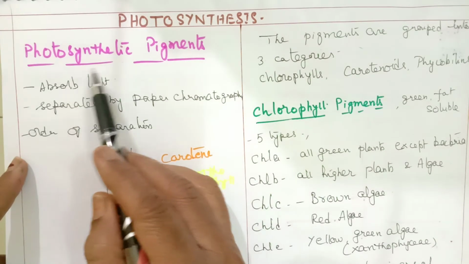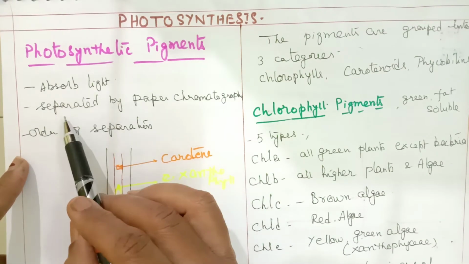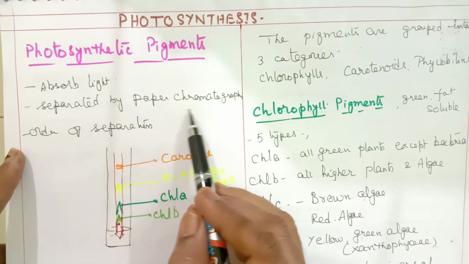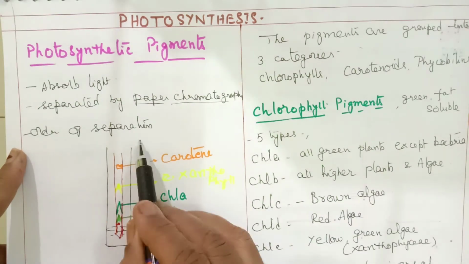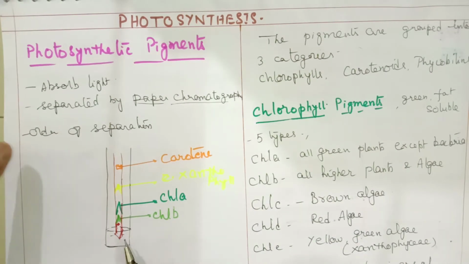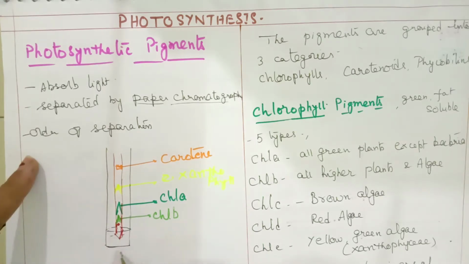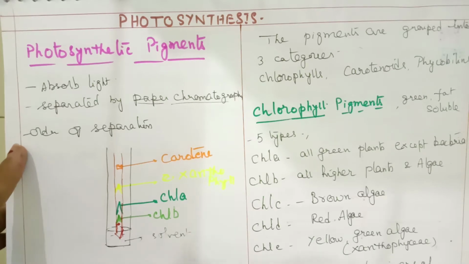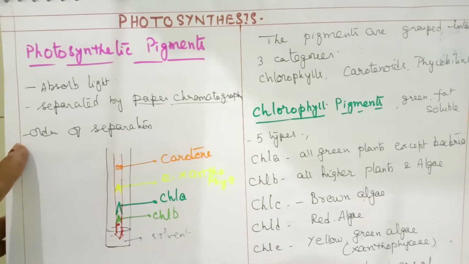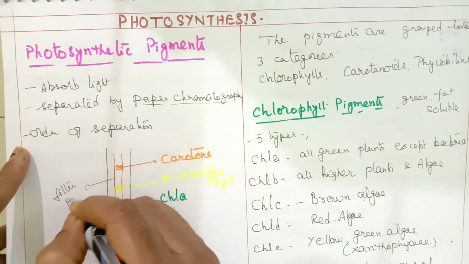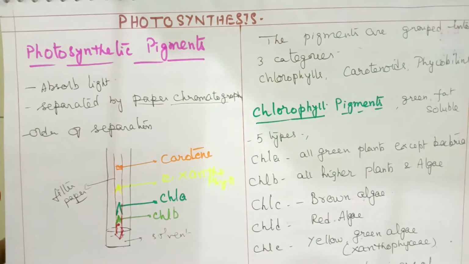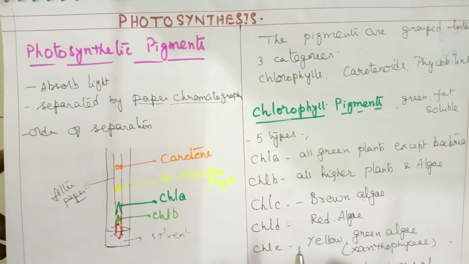So what are these pigments? First thing is these pigments absorb light, and the pigments can be separated by technique called as paper chromatography, and the order in which they get separated is, here we find in this container a solvent is filled. The solvent normally consists of acetone, a combination of acetone and alcohol or any other organic solvent, and this is the filter paper. Whatman's filter paper it is called as, which is used for the experiment.